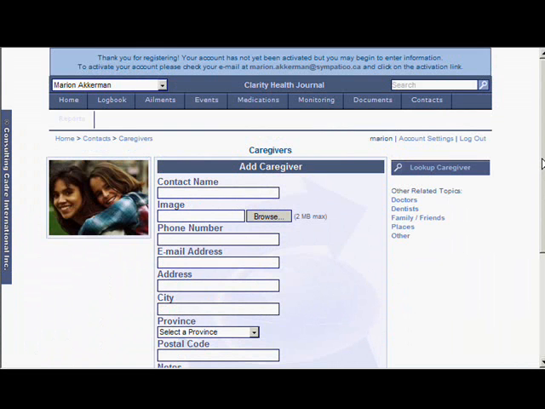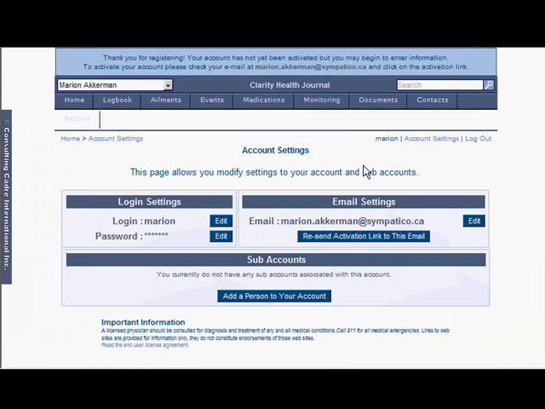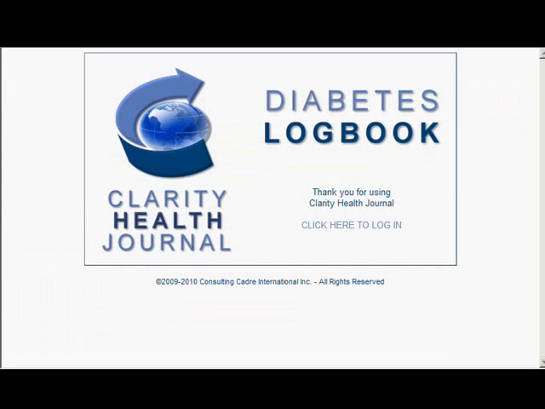And that's it. To change account information such as login, password, email settings, and to create a sub-account, so another person you would want on this as well, just go to the last section. And here we go. This is